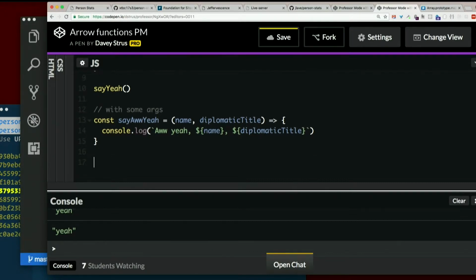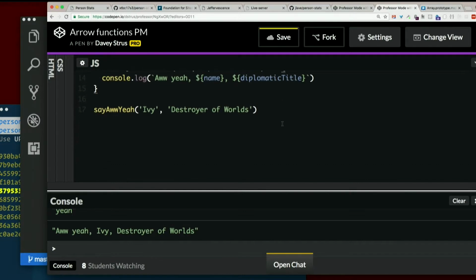Let's call say oh yeah. Oh yeah, undefined, undefined. No, we got Ivy, destroyer of worlds. Oh yeah, Ivy, destroyer of worlds. So, argument list, arrow, function body. Now, with just one argument,